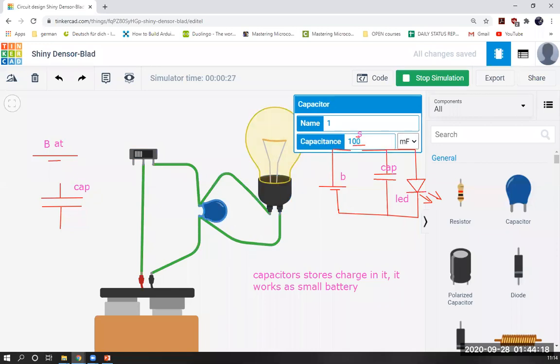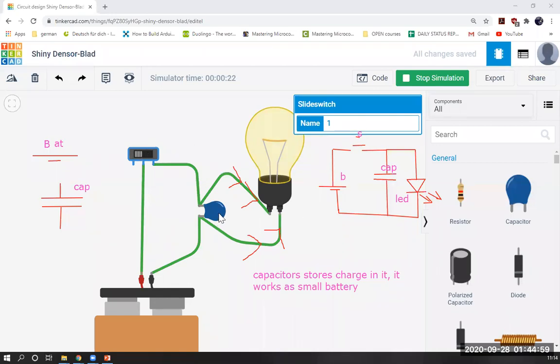Did you get it? Okay. Did you try it? Someone has tried and says they have done it. Very good. So can we use the charge stored in the capacitor after the bulb? Yes, we are actually using that charge. Okay. So see, it's turned off now. After a long time, it is turned off. We can see this charge is going inside the bulb even if the switch is off.